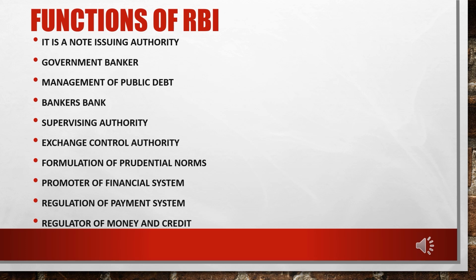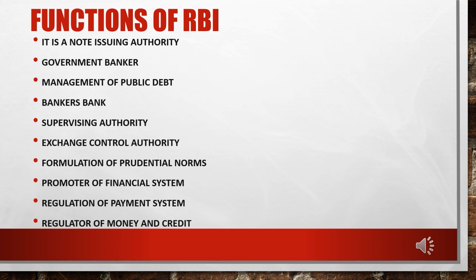Another major function is exchange control. RBI is the exchange control authority, because all the forex transactions in India are done through RBI, and it administers the forex control. In today's exchange rate system, India mostly follows a managed exchange system. So if there is any kind of instability in exchange rate fluctuations, then RBI can intervene and control that. It also manages the forex reserves that we have, right?